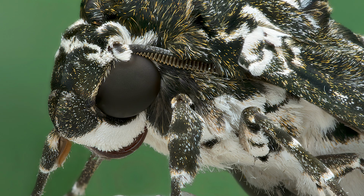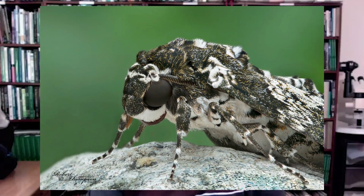When you look at the picture of this hawk moth, it's the same. There's no question that given the right situations, focus stacking can be a huge advantage. But I use it selectively. I don't use it religiously on every single thing. And I am always careful with aperture selection, depending on what I'm photographing,